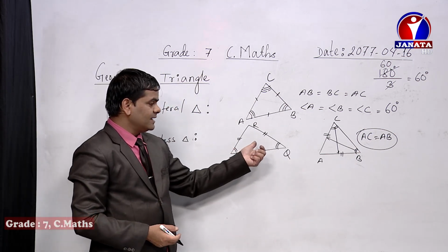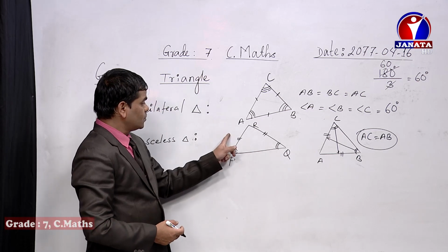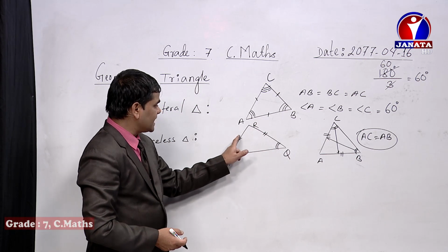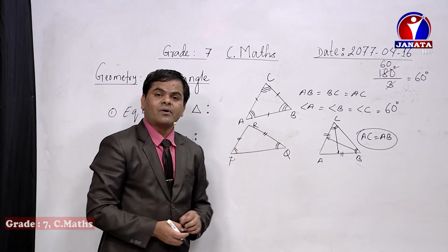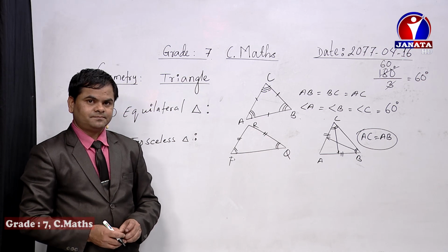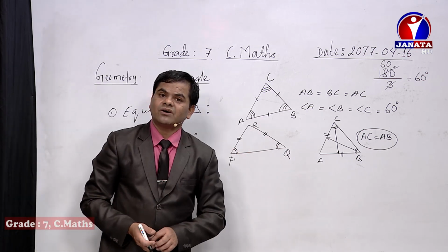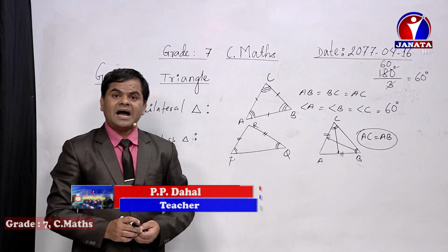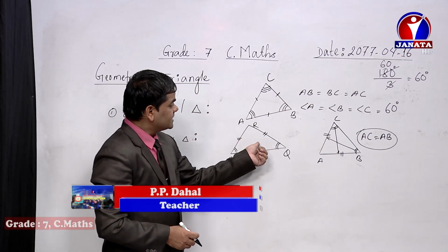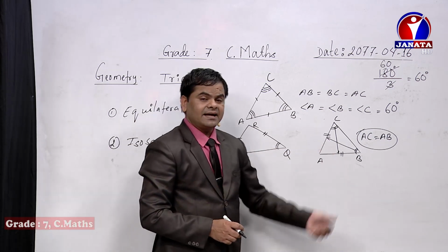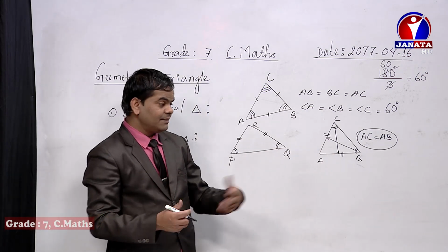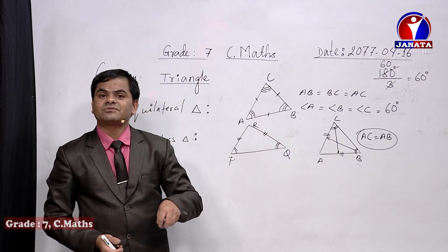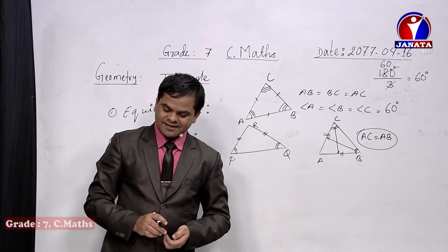Here we have seen from the side point of view, two sides are given as equal to each other. Now opposite to the two equal sides, the angles which are formed are equal to each other. That type of properties, characteristics or features can be found in the case of an isosceles triangle. And if you see such properties in any figure in your book or anywhere, you can identify that type of triangle as an isosceles triangle.